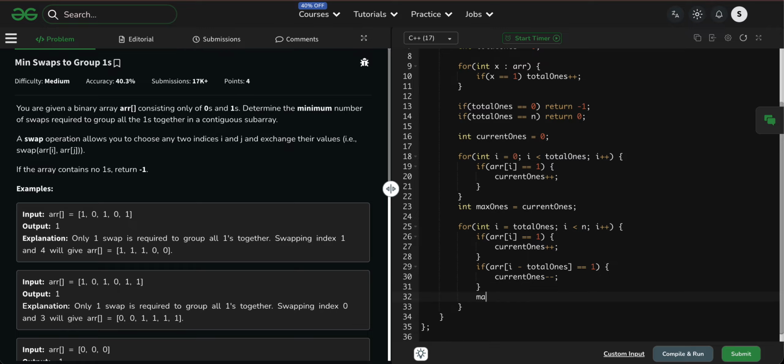Now here max ones is equal to max of max ones and current ones, right? And then return total ones minus max ones.